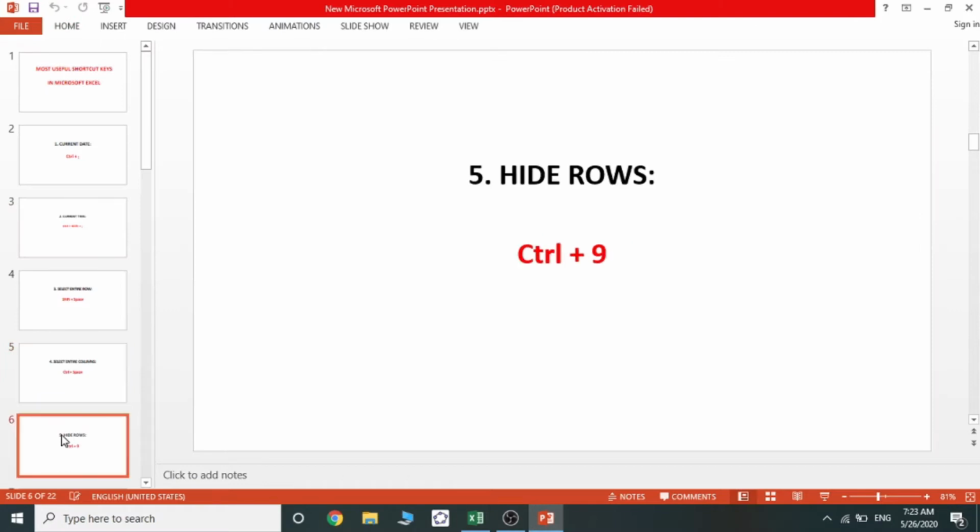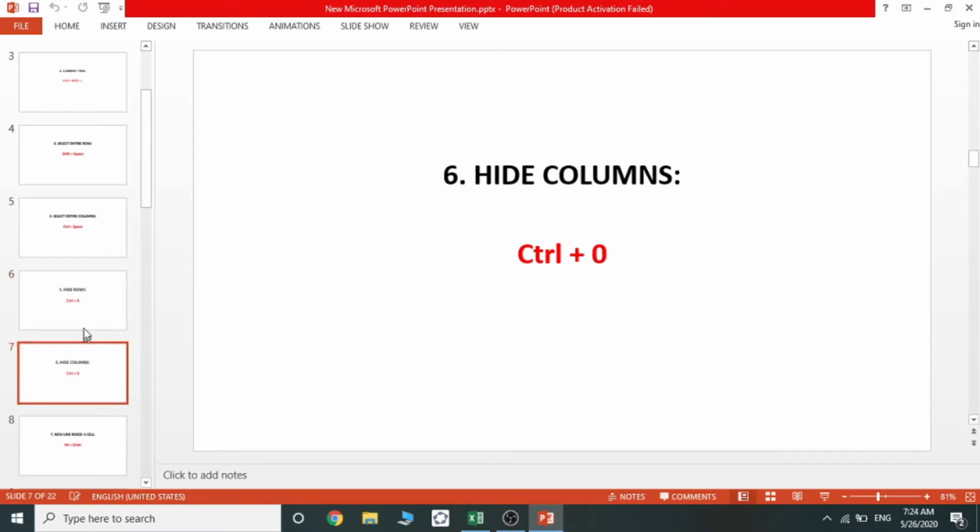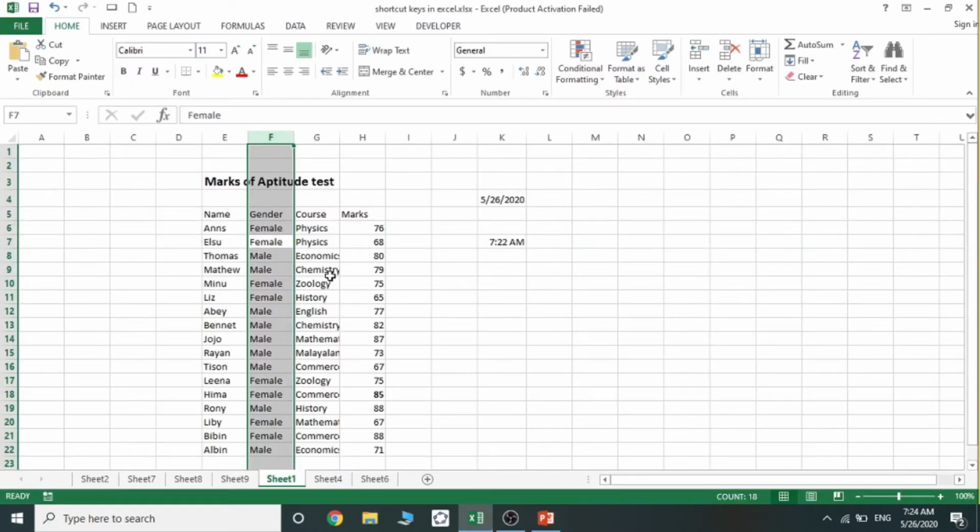Next is hiding of row and hiding column. Rows and columns can be hidden. For hiding rows, we have to click Control plus 9. For hiding columns, we have to click Control plus 0. So we have to hide this row. For that, click Control 9.